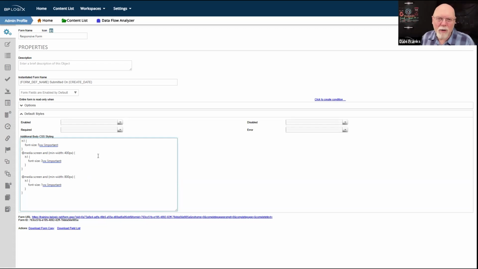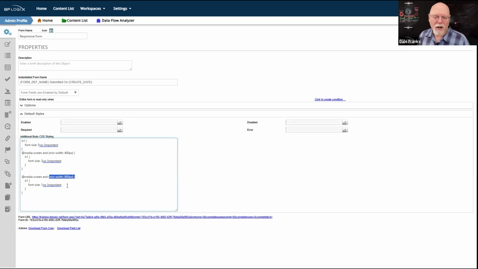This is a media query, and in this case, the query specifies, here's what I want to happen when my screen is 400 pixels wide at its minimum, and here's what I want to happen whenever my minimum width is 800 pixels wide. So when I make my screen width smaller than 800 pixels, it's going to jump and do different things in my CSS. If I make it smaller than 400 pixels, it's going to do it again.